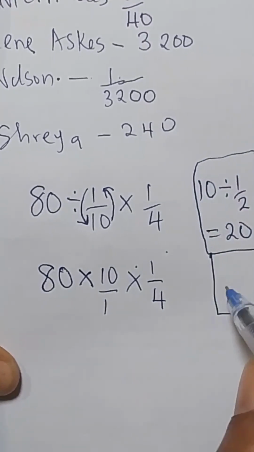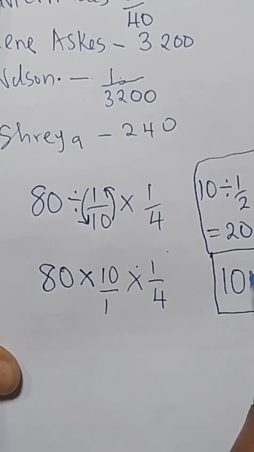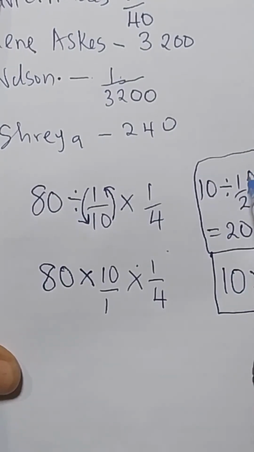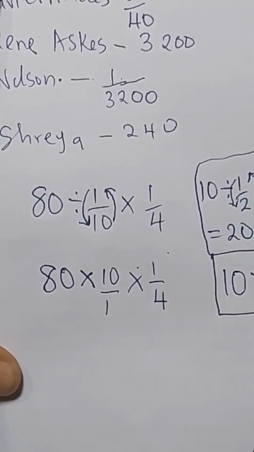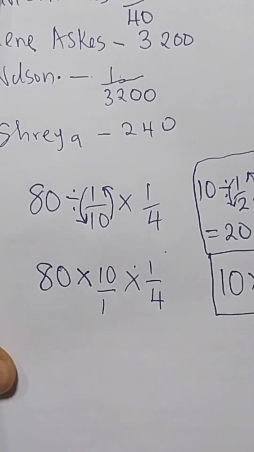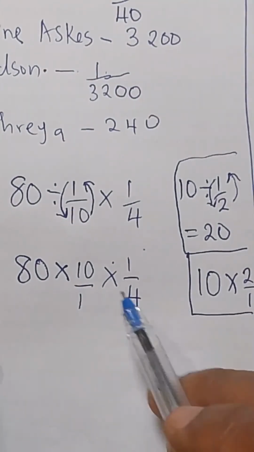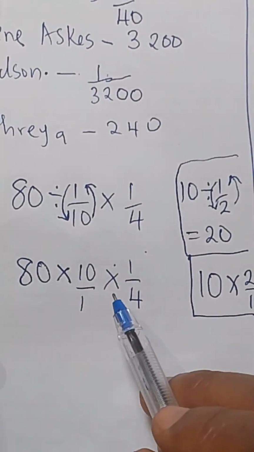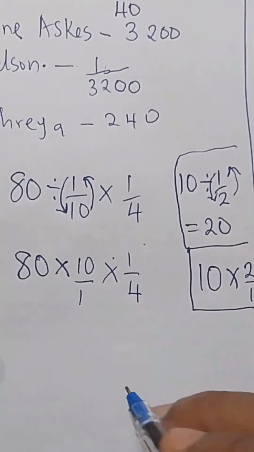Now let me take it down. You can simply just do 10, multiply, you flip, this will go up, this will come down, and that is 2 over 1. You know 2 over 1 is 2. So 10 times 2 will give you 20. Okay? I'm just doing this so that you understand how this is possible. Then what you do next is